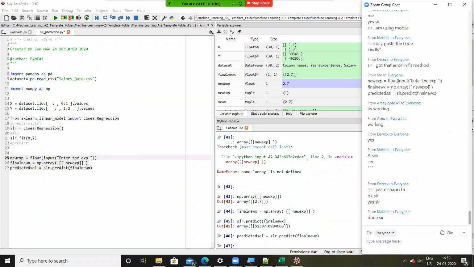Yeah, thanks, Maithili, for confirming it. Derek, requesting you to please paste the code on the chat window here on Zoom chat. Oh, I think you are using mobile, right? Okay, that's fine.